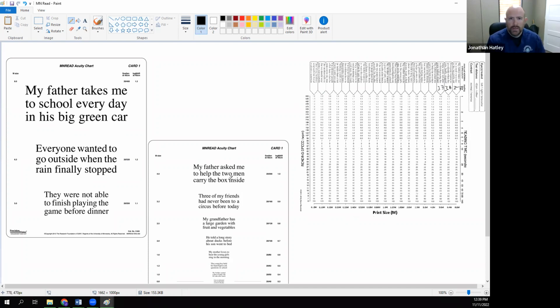Patient's all set up. We recheck the working distance. Clinician tells the patient, okay, on your mark, get set, read that top line for me, and go. "My father asked me to help the 2 men carry the box inside." Okay, patient's still doing well. So we're writing